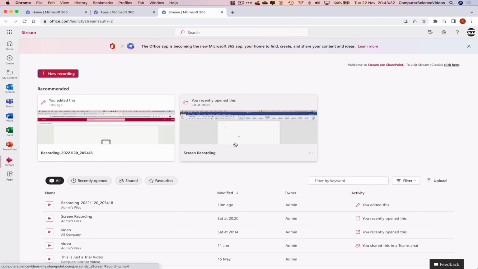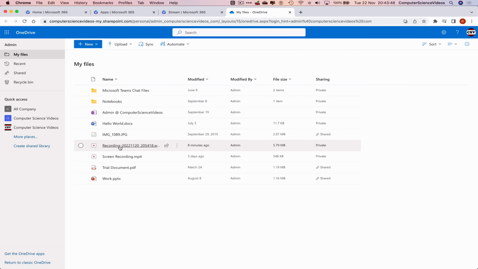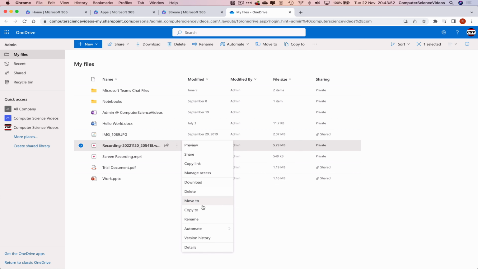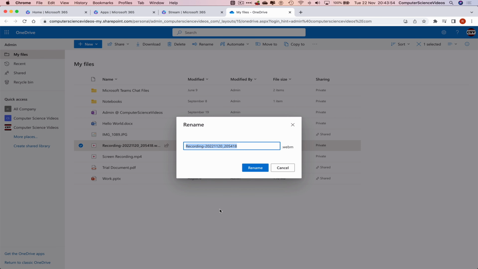Now let's click on Microsoft Stream and let's focus on a screen recording video that we created using Microsoft Stream itself. If I now click on the three dots, which is the More Options, open up the video and its file location, we can see that the name of the video is called Recording. If I click on the three dots, I can rename this video to something else. Let's just say Screen Recording